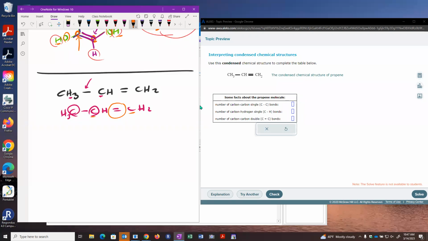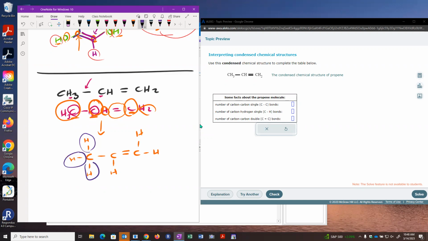And then the number of carbon hydrogen single bonds, well, we can expand out our structure. If I draw just the carbon skeleton, that's what it looks like, 3 in a row, 1, 2, 3. And then on this carbon here on the left, I have 3 H's. So 1, 2, 3, I fill in those H's. The second carbon has 1 H attached to it. And then the carbon on the right has 2 H's. So 1, 2. So I have a total of 1 carbon hydrogen, 2 carbon hydrogens, 3, 4, 5, 6 carbon